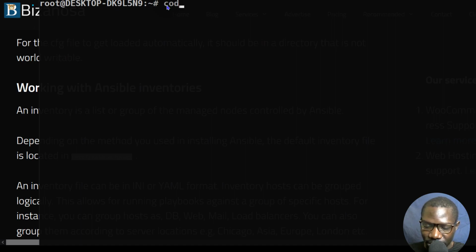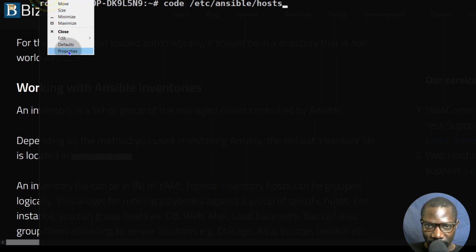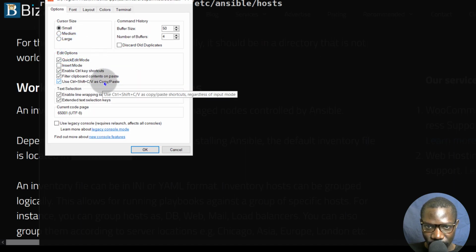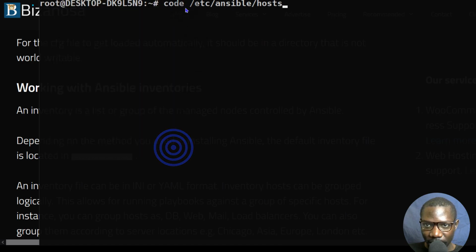We can even open it with Visual Studio Code, Control-Shift-V. So if Control-Shift-V doesn't work for you on your WSL, come here under Settings, Properties, and use Control-Shift-V, enable that. Code etc. That will open that using VS Code.